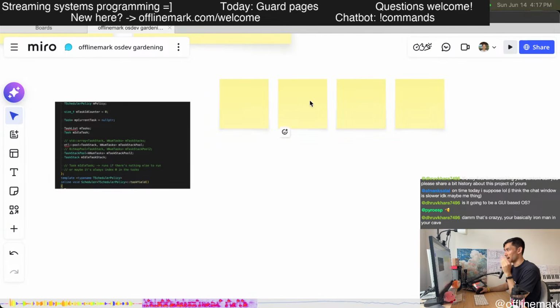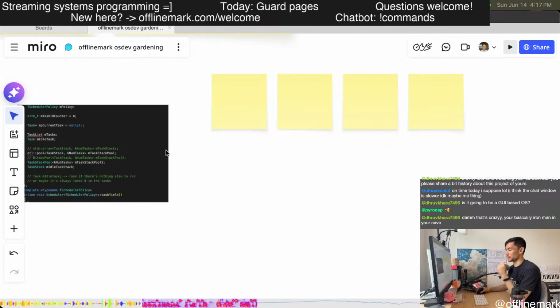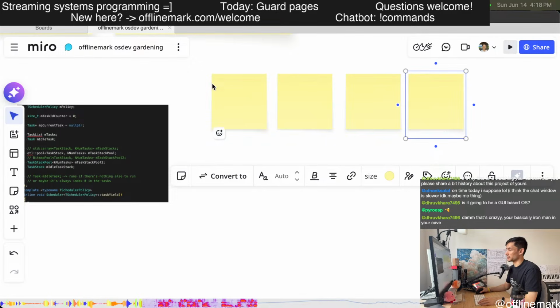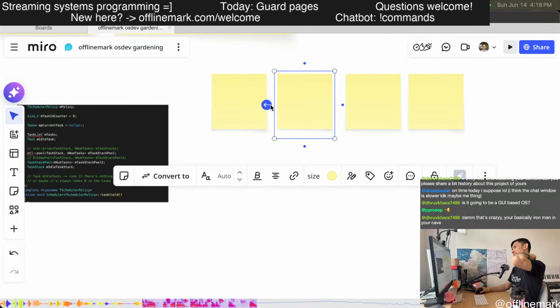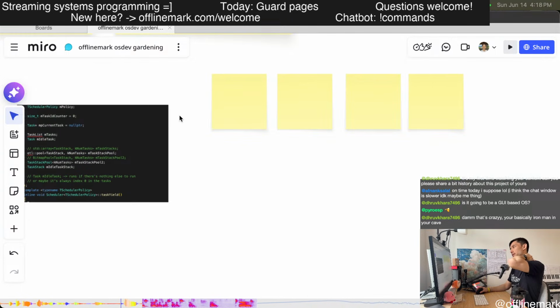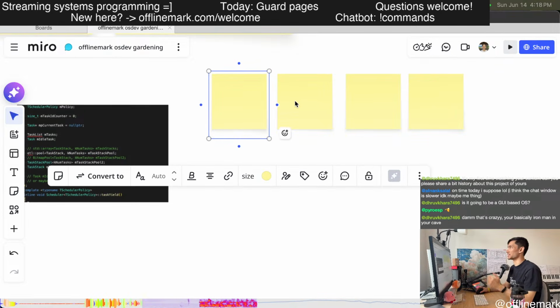So I have 4 tasks that can run on the system, and a task has some state that's stored in this container of 4 things, and there's a linked list that links them. In a very simple world, every task needs to have a stack, so ideally I would also just be able to allocate.